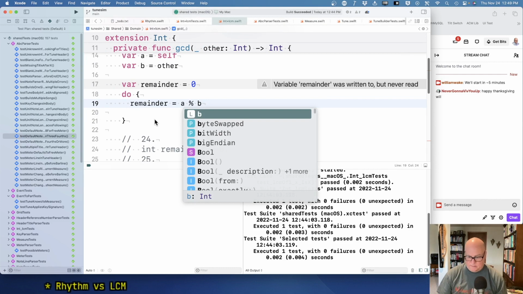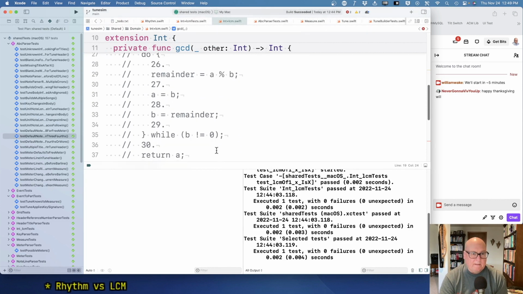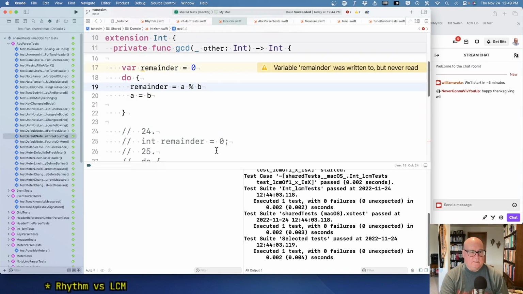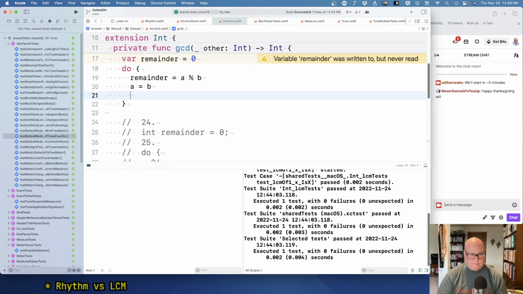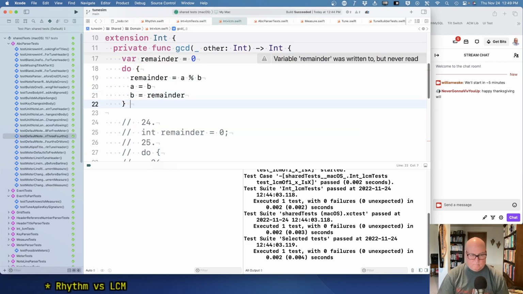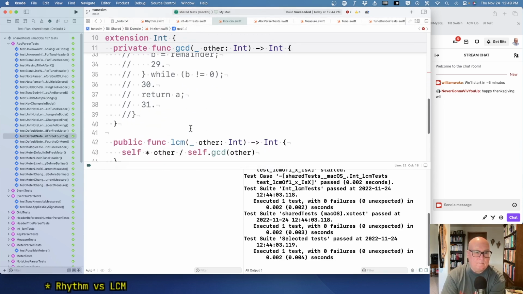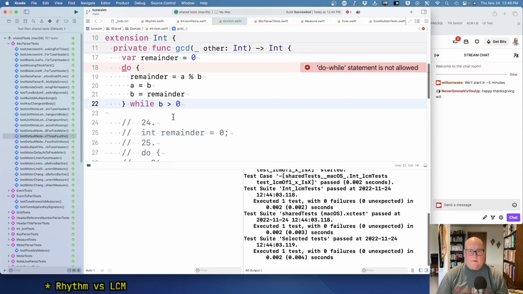We assign A equal B. And B equals remainder. And return